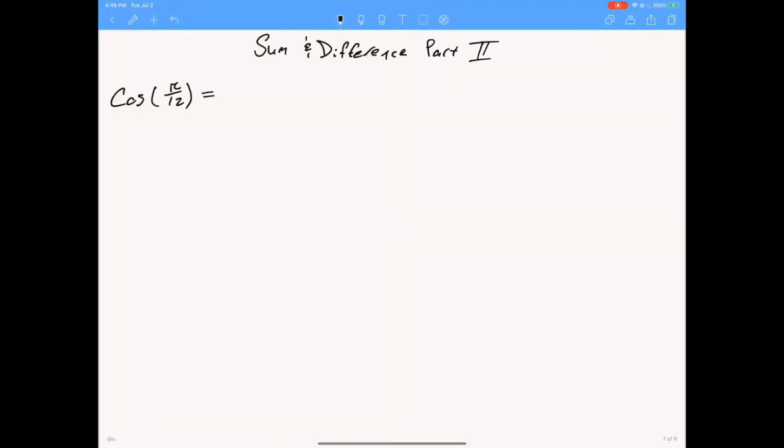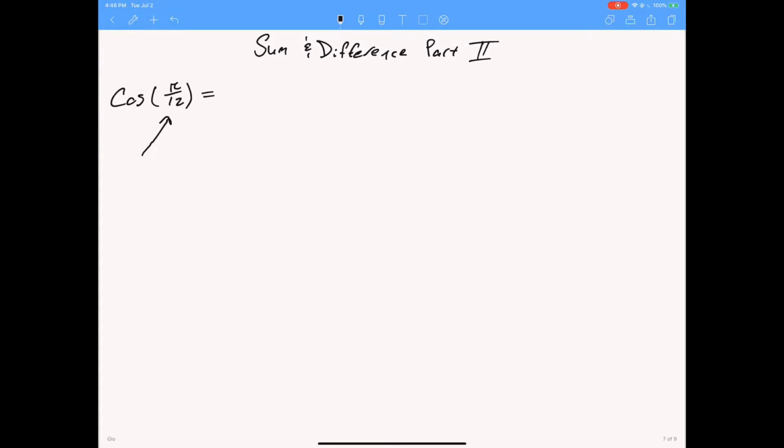Hello, this is part 2 of the sum and difference identities. We'll focus on more examples. In this problem, we have radians as opposed to degrees. Now, you can always convert this to degrees and solve from then on, but we'll actually focus on staying with radians